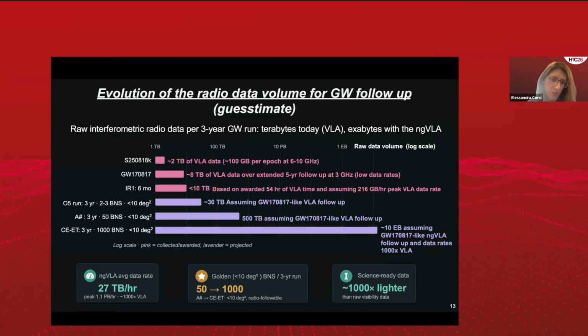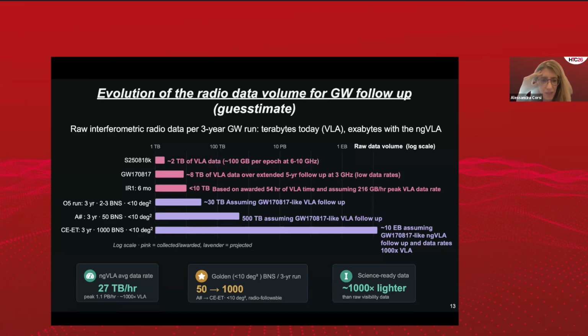And for the next observing round, the so-called IR1, probably based on our program, it's going to be something like 10 terabytes. But when you start scaling these things up for next generation detectors, things become really interesting, especially if you think about building an archive with all of the multi-messenger observations, specifically for radio facilities.